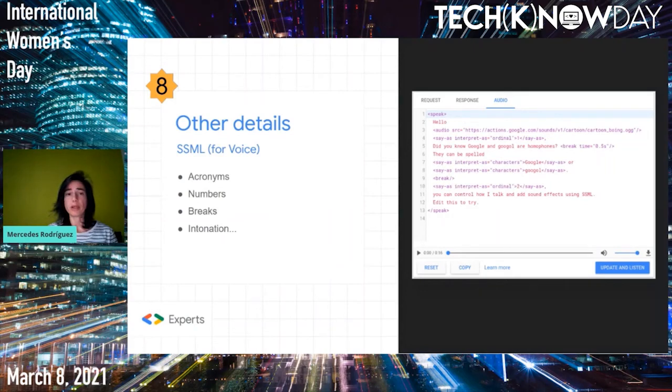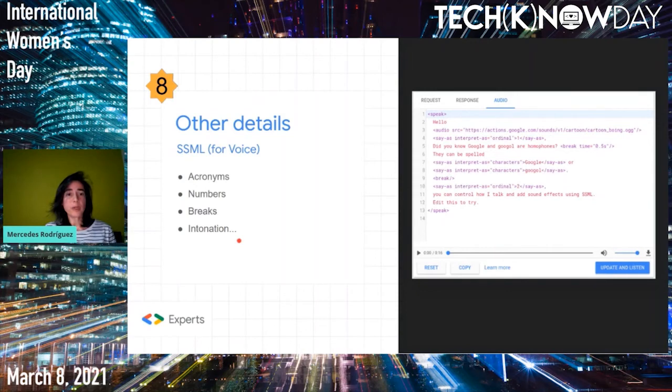Or maybe acronyms. Sometimes we just pronounce the characters and sometimes we pronounce it as a word. Also, we can decide when to make a break in conversation for some milliseconds, and doing that pause is important for understanding and for the user to feel it as a natural conversation.